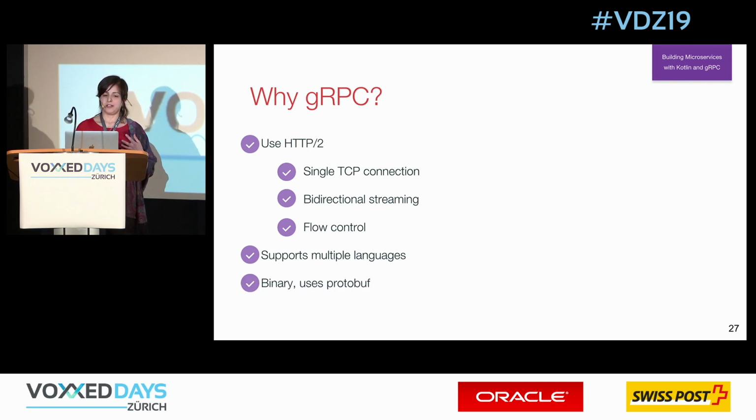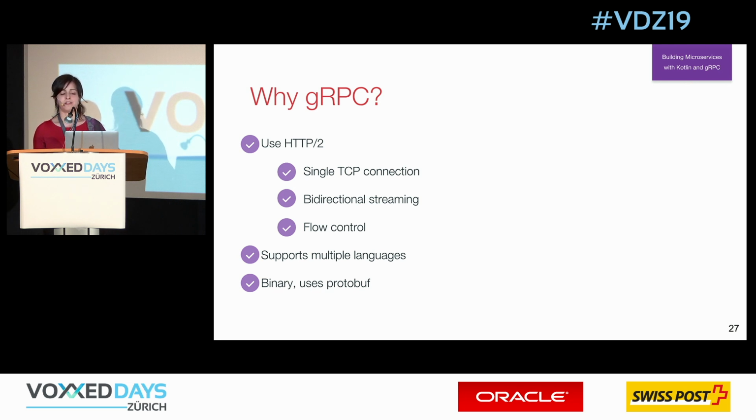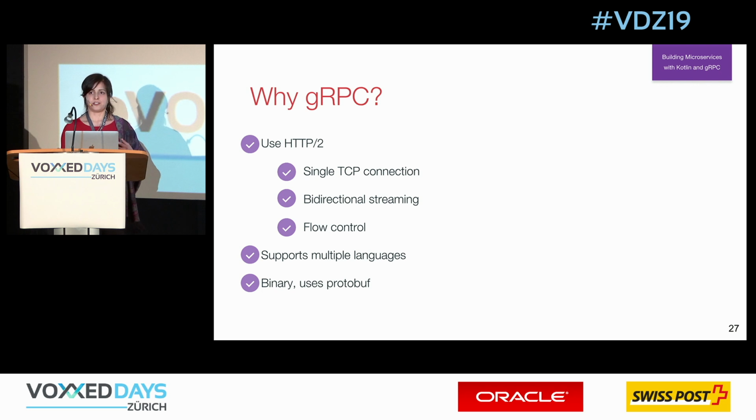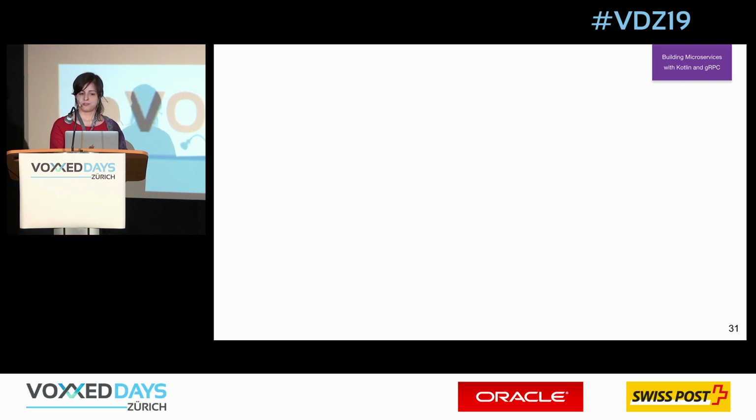And the main advantage of gRPC is that it's binary. First of all, because HTTP 2 is a binary protocol, and because we're using protobuf as a serialization protocol, the data that is transferred between our client and server is binary. And as you remember, HTTP 1 was a string protocol, and sending strings is quite expensive compared to sending bytes. So these main features suggest that gRPC could be more efficient than other approaches.